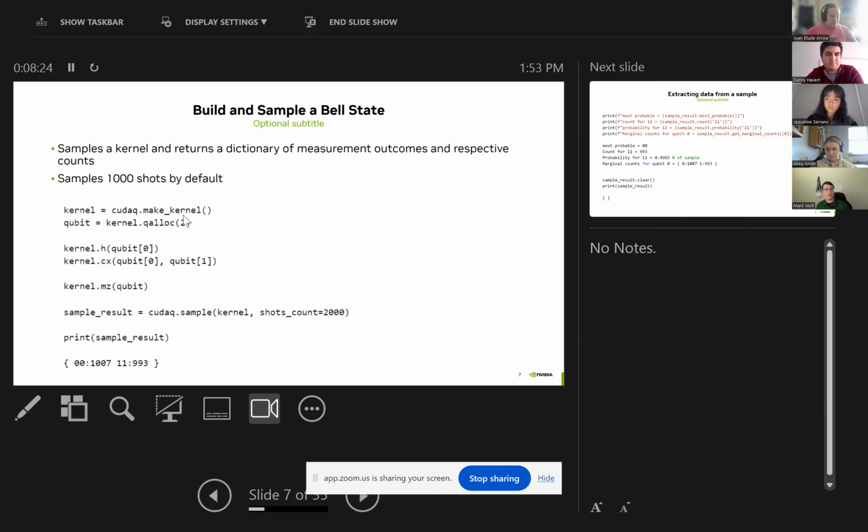Yes. And then, as I talked about on the previous slide, if we build this circuit and now we want to sample it to demonstrate that we've actually constructed what we intended to, you simply call this CUDA.sample method. You're going to input as one of the arguments the kernel that you've built, so the kernel we defined previously, and then how many shots you want to take. So how many times we build the state and then sample and measure